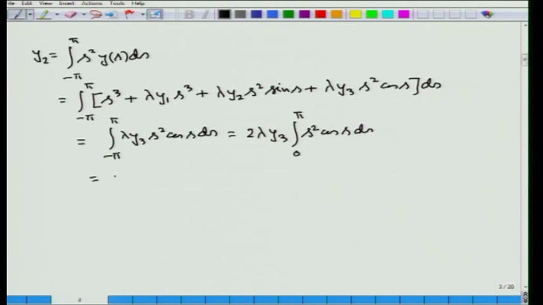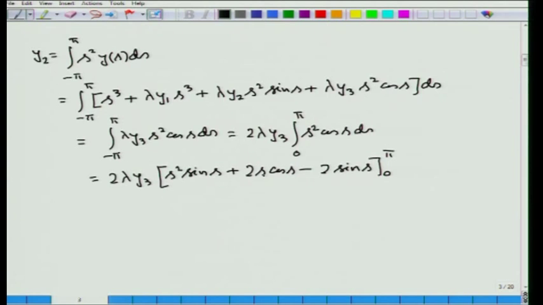After integrating by parts we find 2 lambda y 3 times [s square sin s plus 2 s cosine s minus 2 sin s] limit 0 to pi,